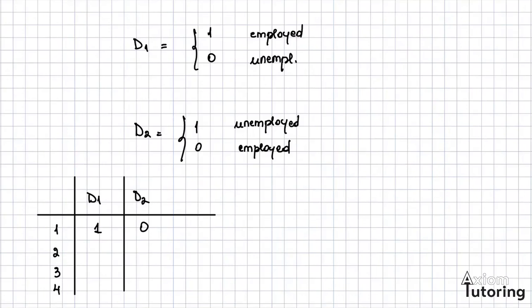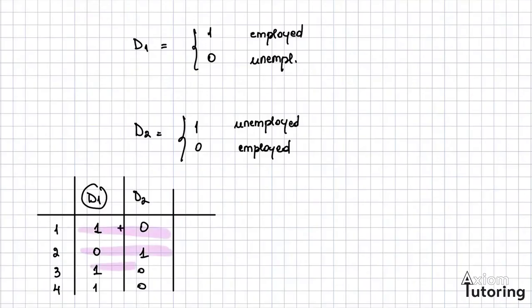Because he's not unemployed. Then person 2, if he is unemployed, given the information of D1, then obviously he's going to be 1 for the second dummy, where 1 is associated with unemployed. If we keep doing this for all of the cases, what we're going to notice is that for every line that we see in here,